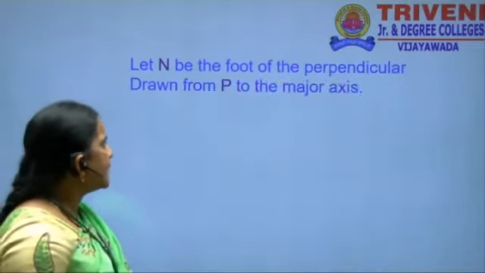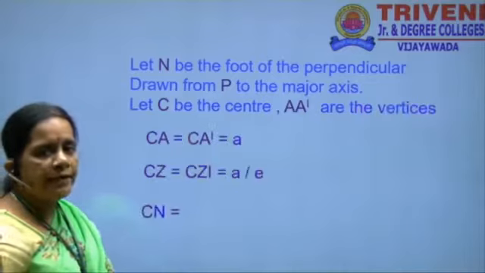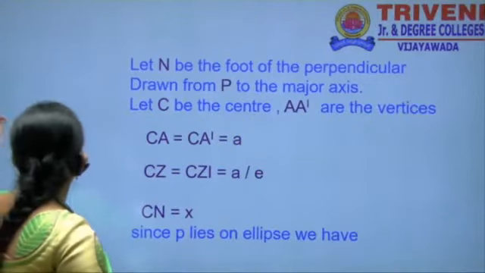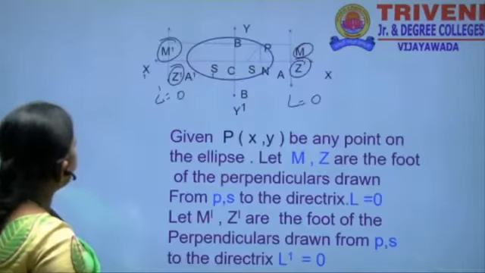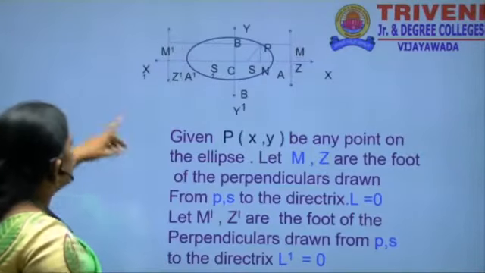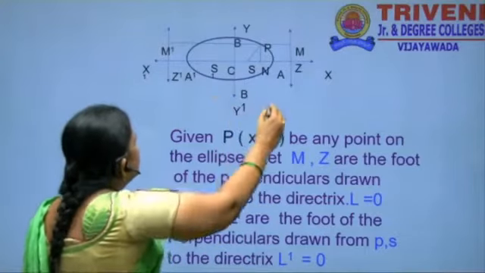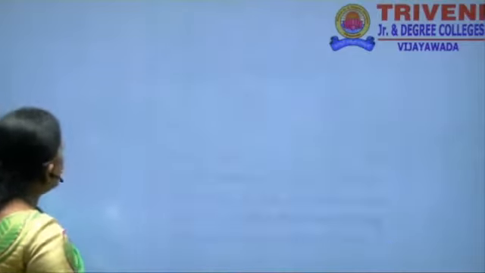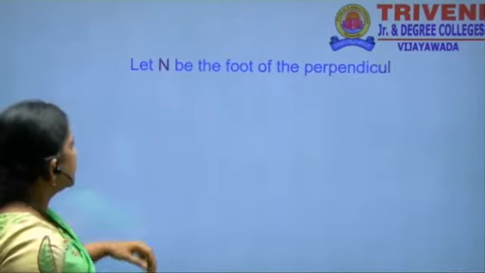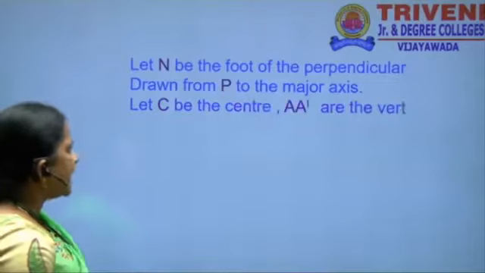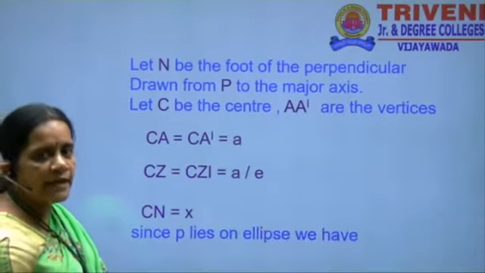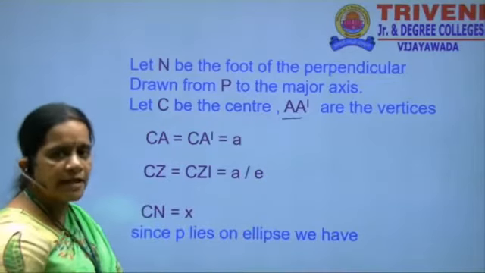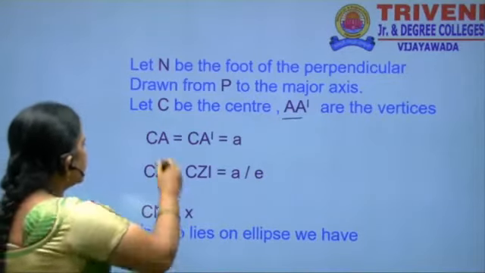Let N be the foot of the perpendicular from P to the major axis. N is the foot of the perpendicular from P to the major axis, and C is the center. A and A dash are the vertices. Then you know the theorem,